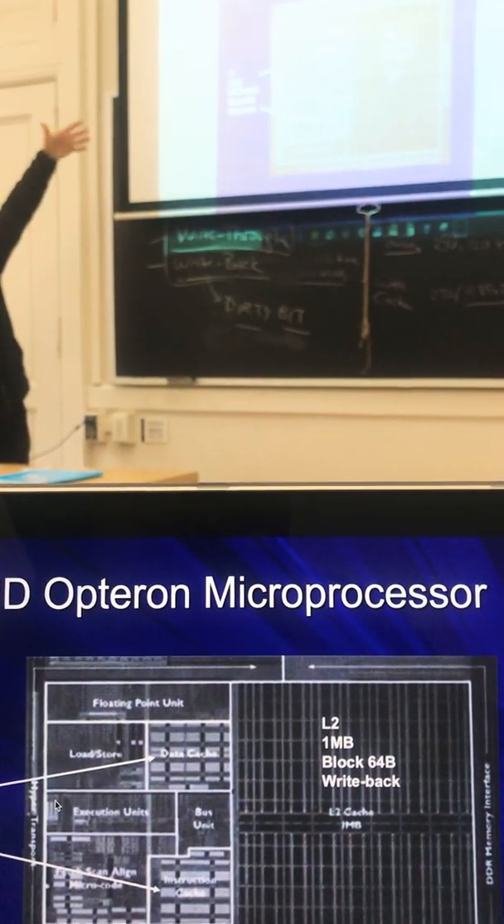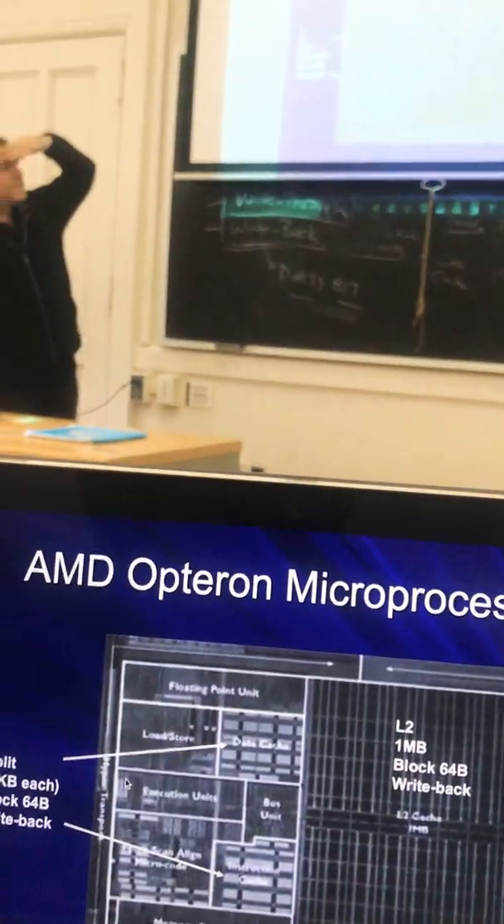This picture shows an AMD microprocessor. The significance of this picture